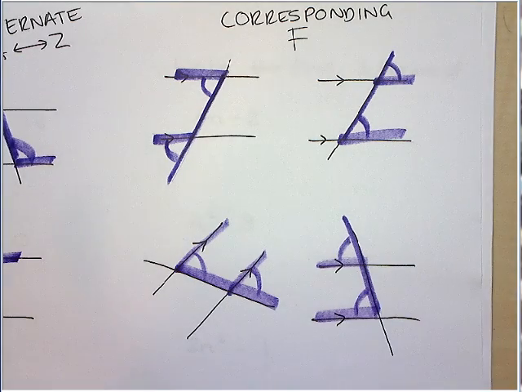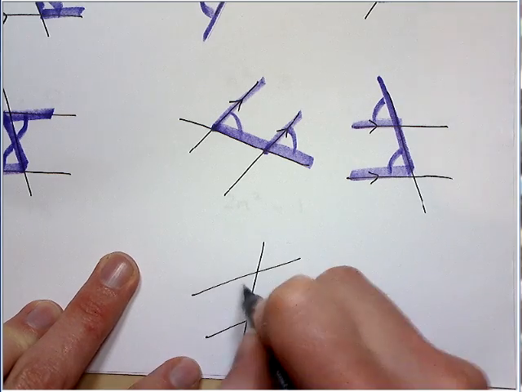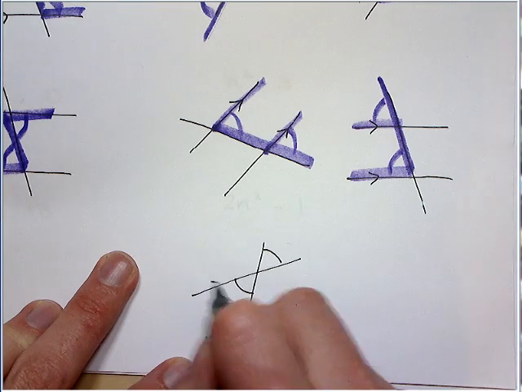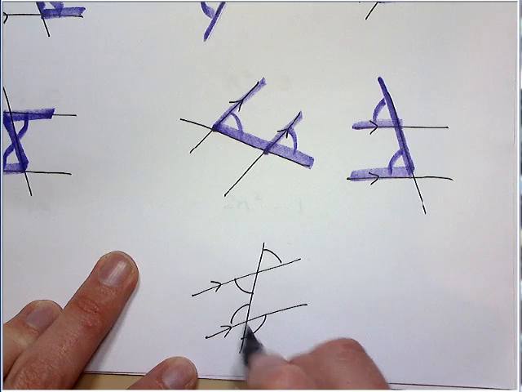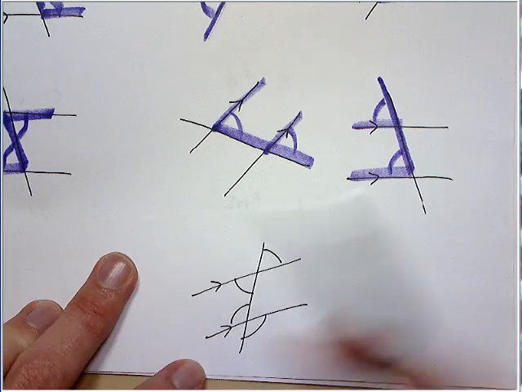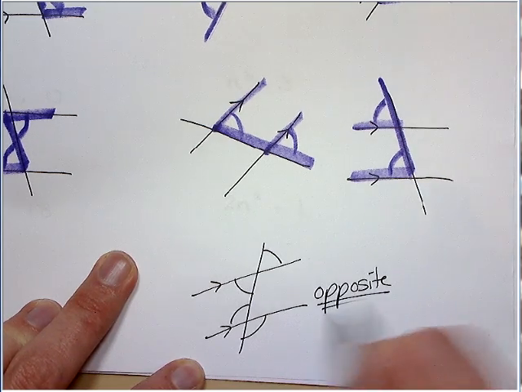So it's just identifying F's and Z's all over the place. You can do most questions using both, but that's really important to know. One thing that also is worth noting while we're here, so if you have this, if you know this angle, we say this angle is the same because they are opposite each other. So this one and this one will be opposite. So that's alternate angles, corresponding, and opposite angles. That's every